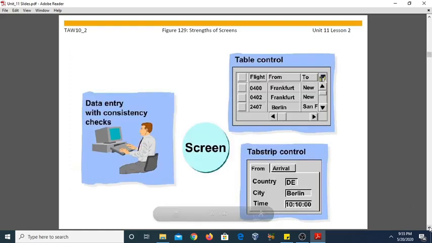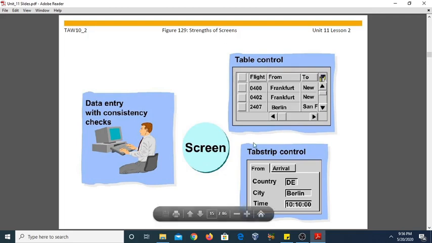Come to the next topic, strength of the screens. As I have discussed in the last slide, the main strength of the screen is to allow the user to enter the data into the fields and the display of the data which was entered by the user. You can use this screen in combination with the ABAP dictionary to check the consistency of the data entered by the user. And it also provides the user with input help as well as semantic help.